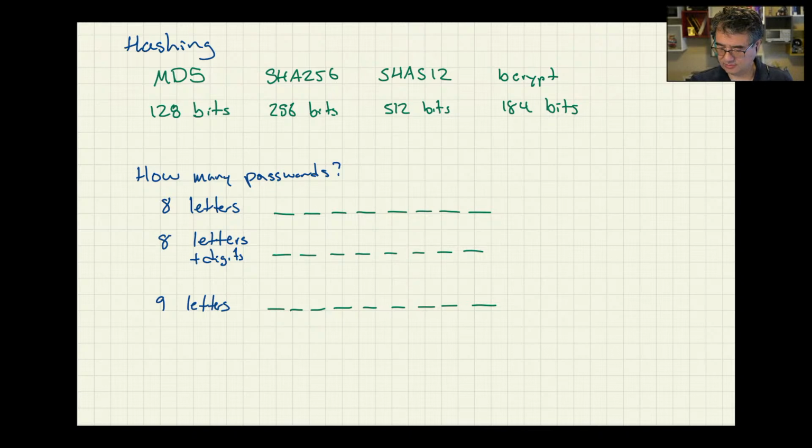8 to the 56. 8 to the what? What did you say? 52. 8 to the 56. Oh, the other way around. So 52, which is the number of letters in uppercase and lowercase, raised to the 8th power, because you've got 52 possible letters you could put in the first position, 52 in the next, 52 in the next, and you multiply all those together. So 52 to the 8th